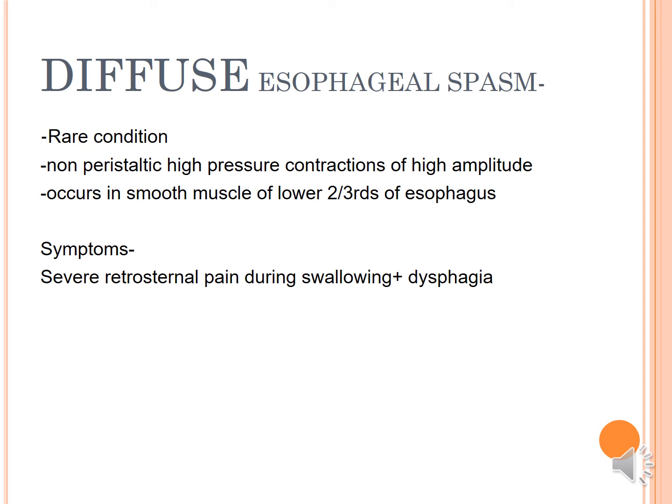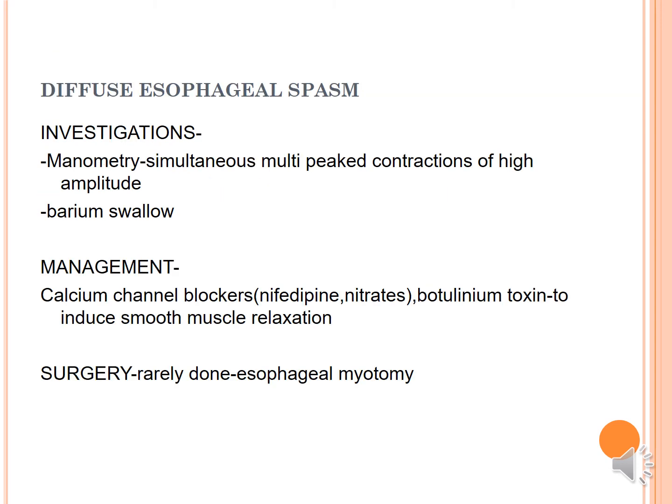Then we go ahead with another condition, that is the diffuse esophageal spasm, which is a very rare condition where there is non-peristaltic high pressure contraction of high amplitude that occurs in the smooth muscle of the lower two-thirds of the esophagus. They will usually have severe retrosternal pain during swallowing associated with diffuse esophageal spasm. Now, coming on to the investigations of it, we can do a manometry, barium swallow,